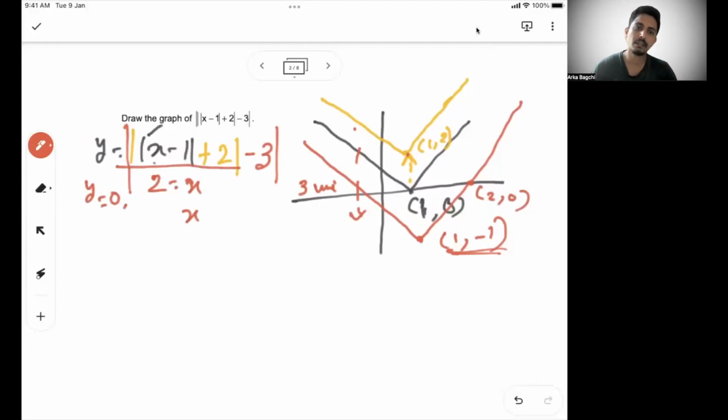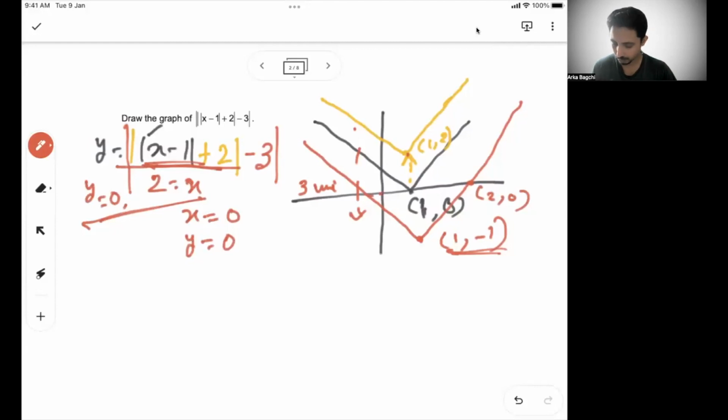So minus 3 inside is not possible because x minus 1 plus 2 is always a positive number. So we can say at x equal to 2 we will have y equal to 0, and at x equal to 0 we will have y equal to 0 comma minus 1 is 1, mod of 1 plus 2 is 3, y also equal to 0. So this won't cut it here.